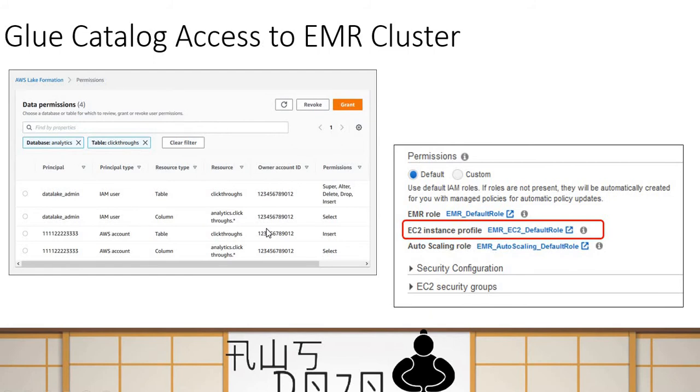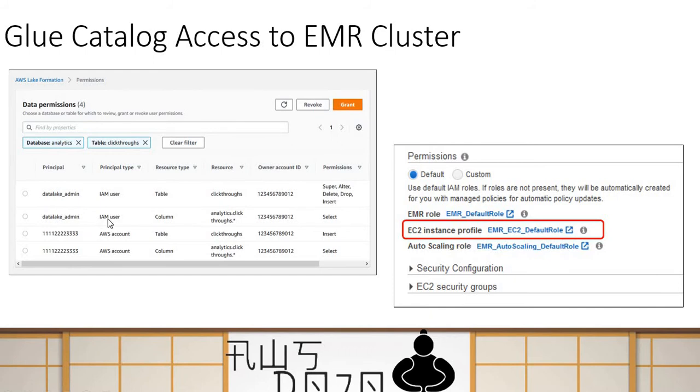So suppose, just as an example, you have a table, like in this case the clickthroughs table. In that table, if you want to provide the select permission, there should be an entry here saying that the EMR EC2 default role should be mentioned here.